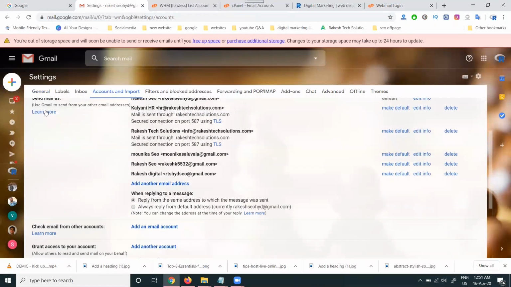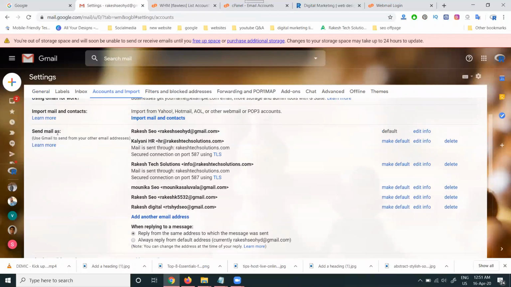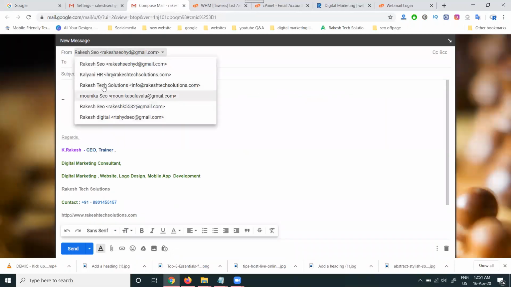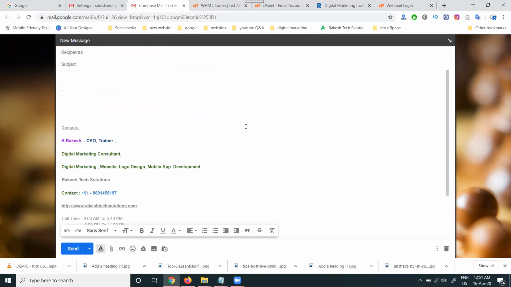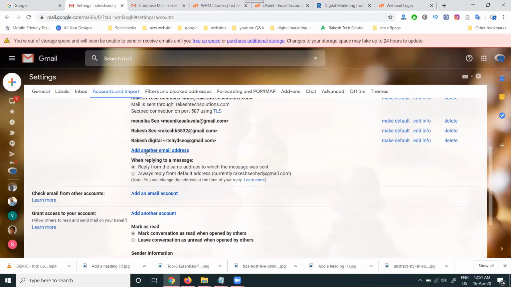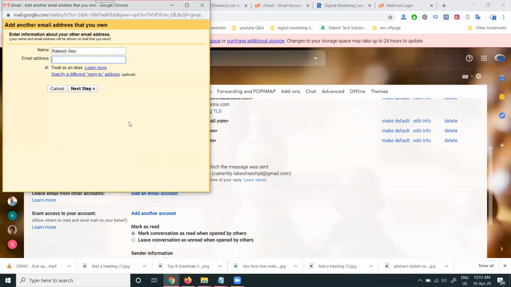In this there is Send mail as. It gives the option where you can see this option here. When sending emails, a lot of email options will be shown here. In Gmail, we can send from multiple email addresses. That is how we can configure it. That is called Add another email address. This is the complete official email address. So in this one,